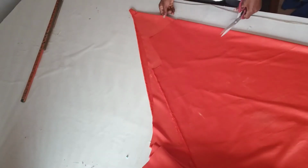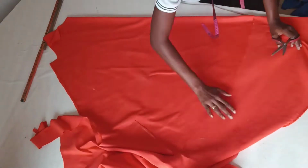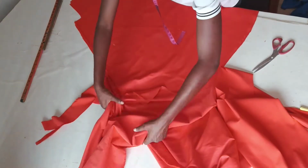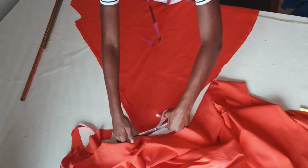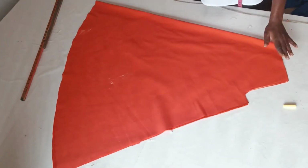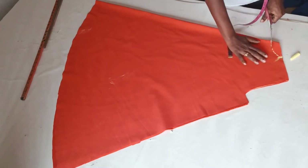Then I also do the same thing for the back piece. Okay, so I now replicate what I already cut out as the front to get the same thing as my back. Okay, so now after cutting the front and back piece,